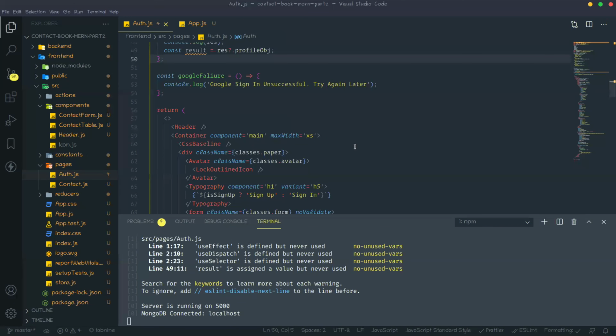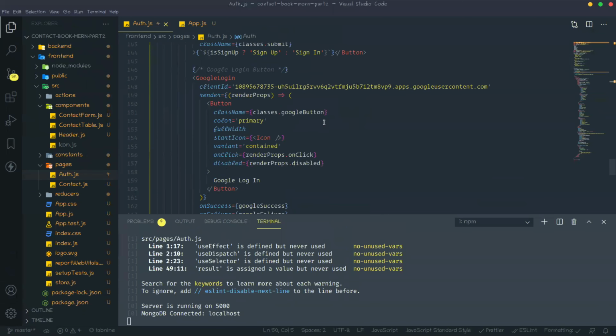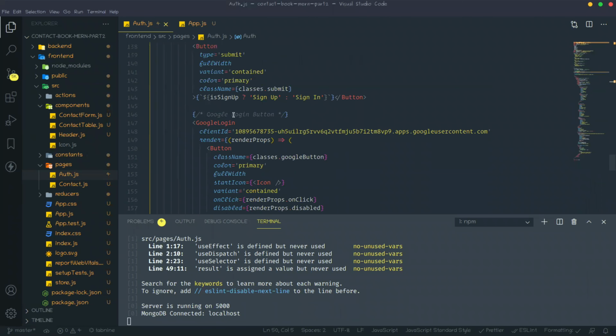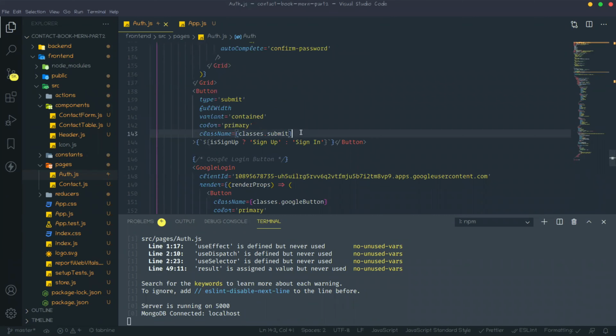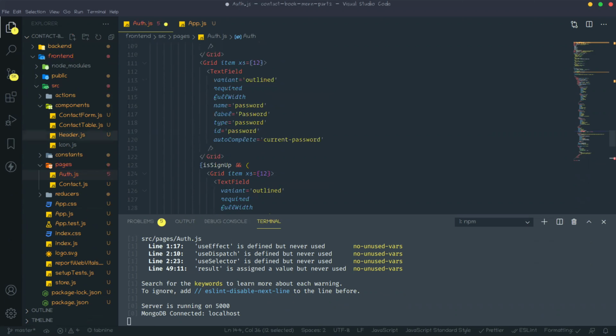Okay. So for that we need to create one function to handle the submit button. Not this button, another onClick event will happen. When the onClick event happens on that button, then we are calling the handleSubmit function. This function we will create.